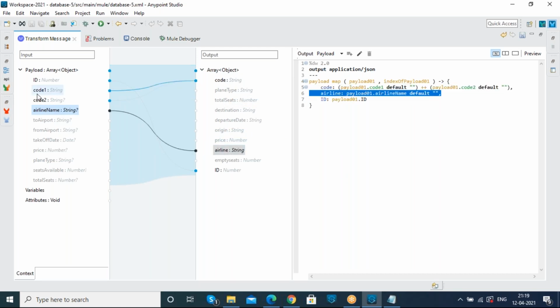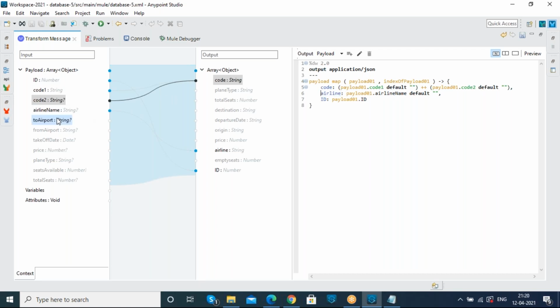Whenever we map code 1 to code, I don't want to display it as code 1 in the response for the users; whatever payload we get from code 1, I want to display as code. In the same way, we can concatenate multiple fields into one. Whatever response we get for code 1 plus code 2, both combined, I want to display as code. I don't want to display airline name in our response for the users; I just want to display it as airline.